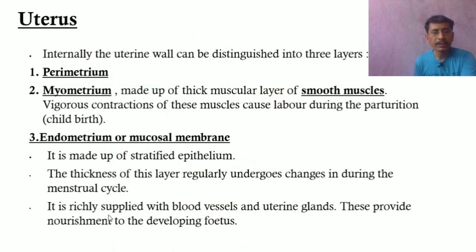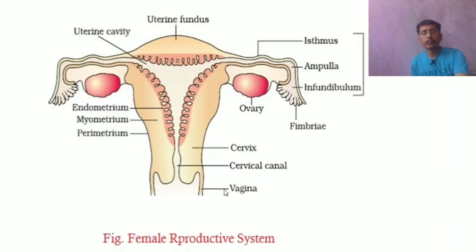This layer is richly supplied with blood vessels and uterine glands, and this provides nourishment to the developing fetus. जसं ज्यामध्ये डेव्हलपमेंट हा फर्टिलायझेशन झाल्यानंतर एम्ब्रियो जेव्हा इथे येतो अटॅच होतो येतात तर त्याला एक बेड प्रिपरेशन करते, फूड सप्लाय करते अँड इट प्रोव्हाइड न्यूट्रिशन अँड प्रोटेक्शन. After that, if fertilization does not take place, the eggs that come inside this are expelled outside during menstruation. This wall of the endometrium also collapses and goes outside.